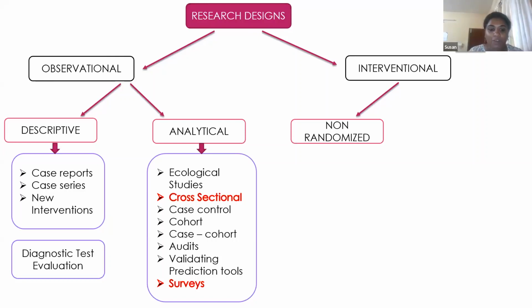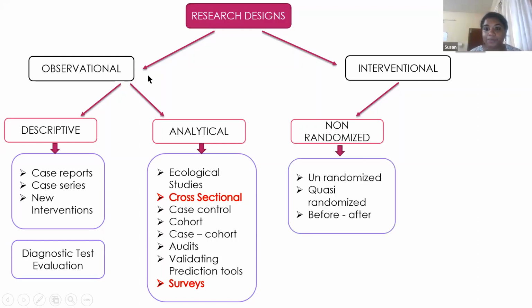We have a drug that looks like a possible cure. So what happens is we are doing an intervention at that point. Now the crux there is, how can we do this intervention? If any kind of intervention is from our part, then it becomes an interventional study. And these interventional studies can be randomized or non-randomized.